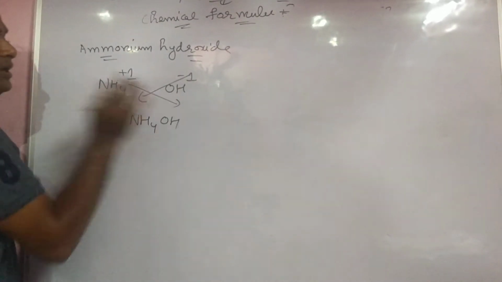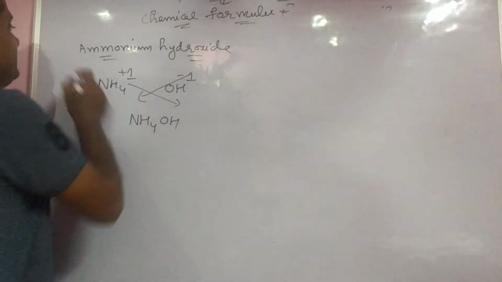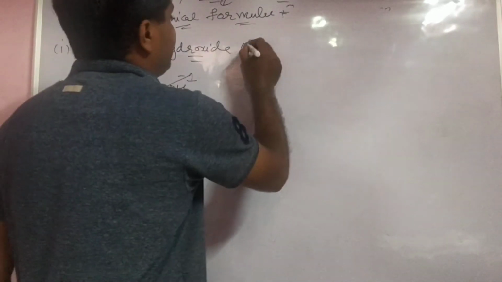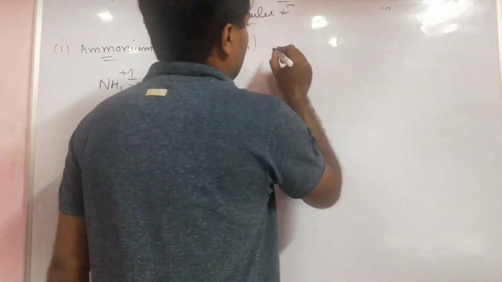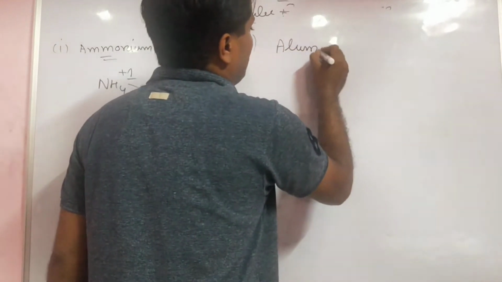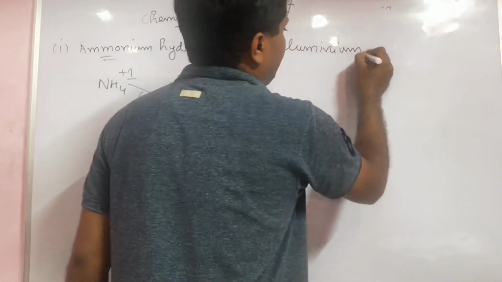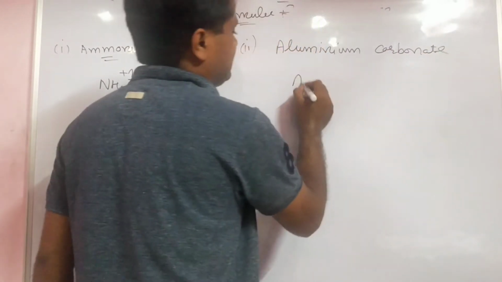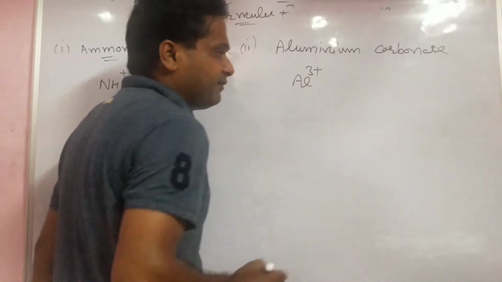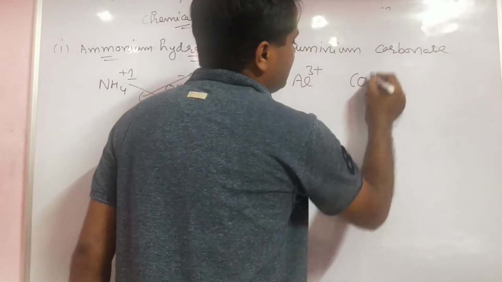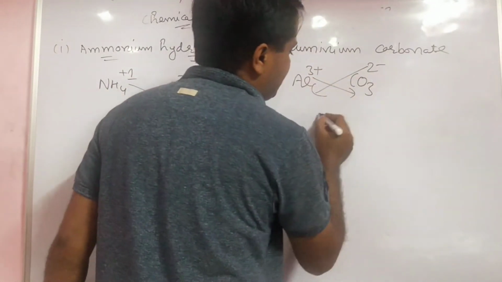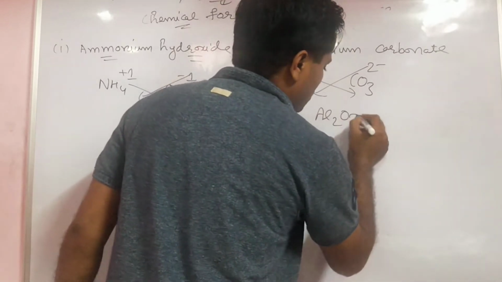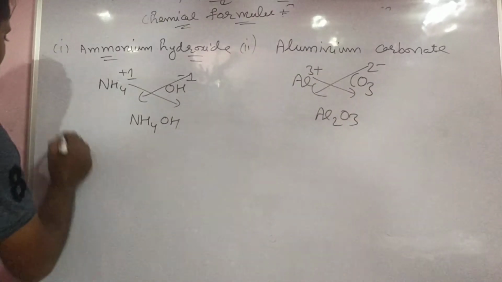Uske pair mein, uske pair mein. Crisscross method is there. Yes, second. Any another example is there? Yes. Aluminium carbonate. Aluminium carbonate. Yes. Al3 positive and carbonate is a CO3 2 negative. Yes. उसके पैर में Al2(CO3)3. Yes. Any another? Next